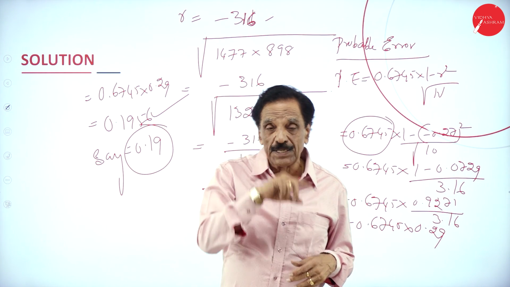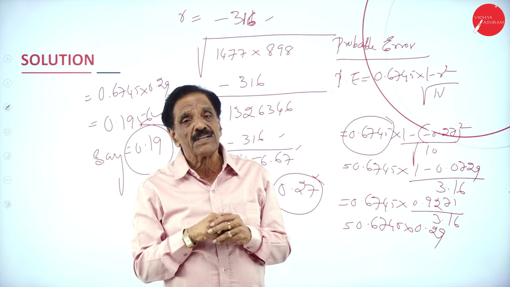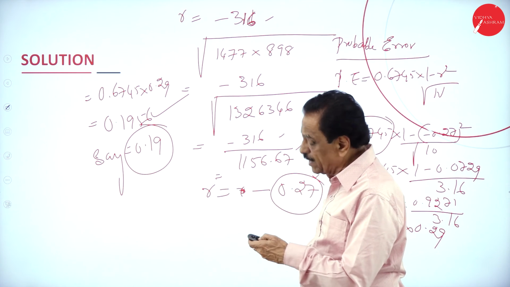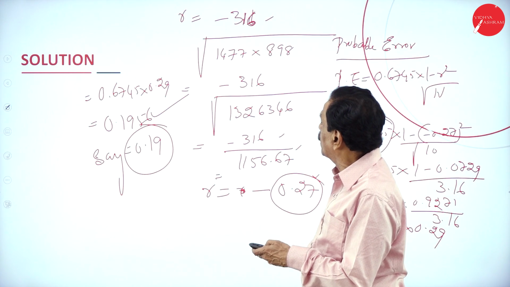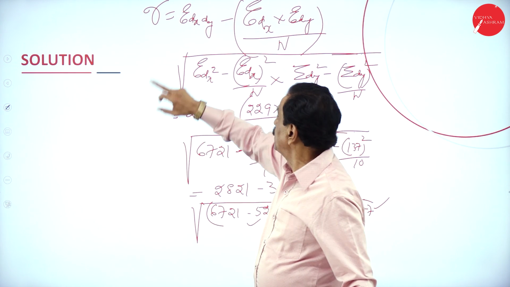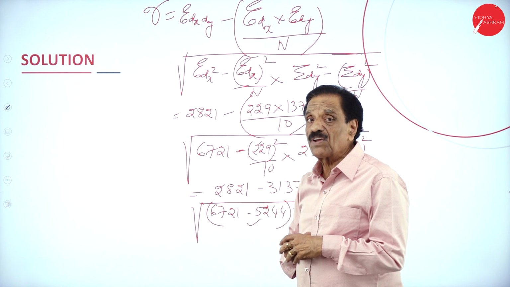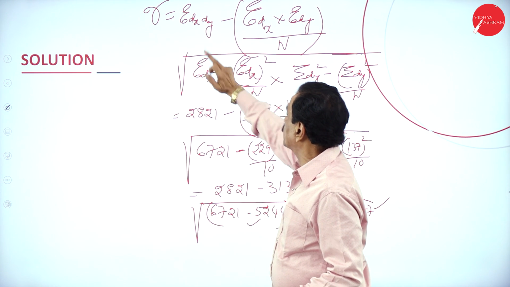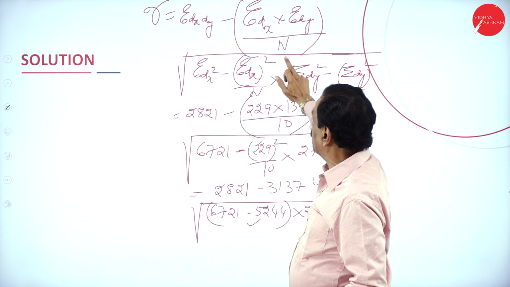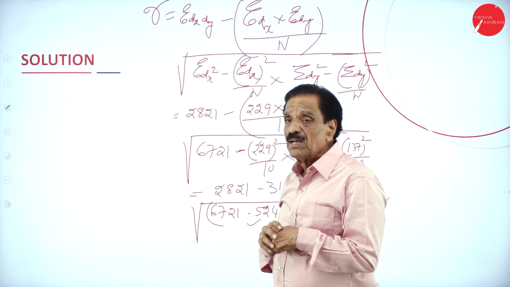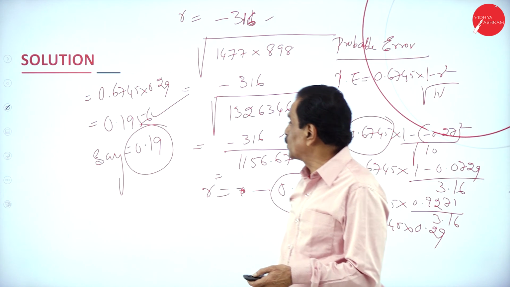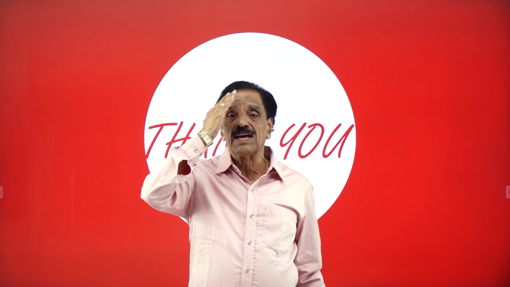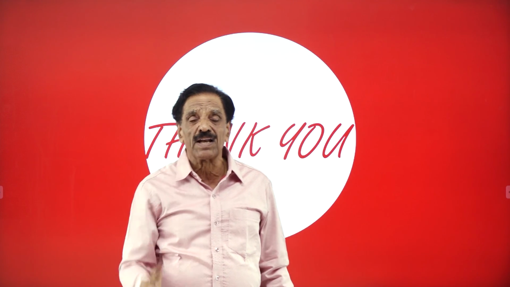If you go to table correlation, you understand how to construct the table. After construction, how to apply the formula. I will tell you, the same formula will come here. Whatever the formula is there, the same formula will come for table correlation also. But here in table correlation, sigma f dx dy minus sigma f dx into sigma f dy divided by n, where n is the total number of frequency, so frequency will come wherever the dx and dy are there, you have to add the f. So I will explain in the next session how to construct the table and how to do table correlation. Till then, meet in the next class with a table correlation with a good problem.